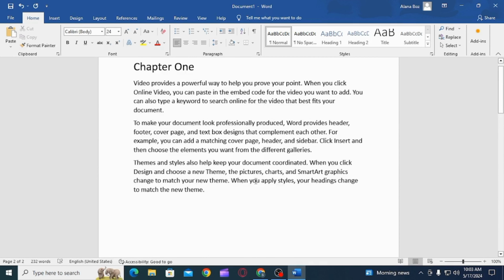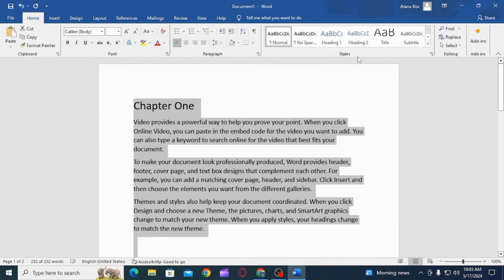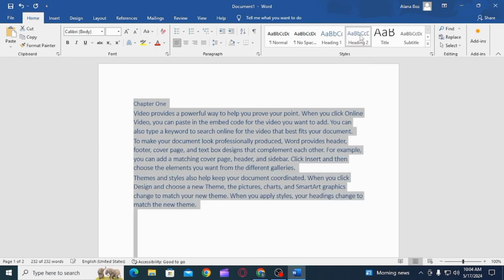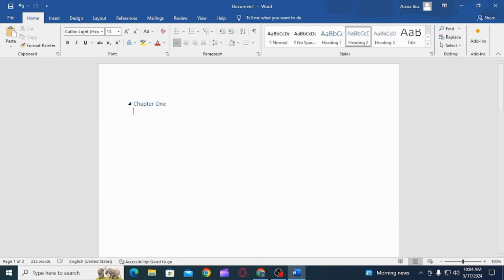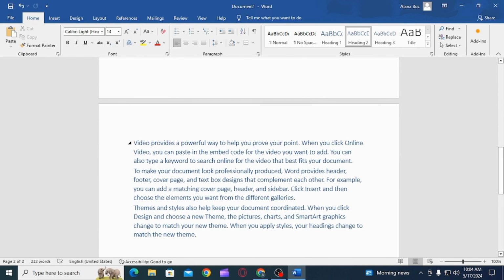Now you want to select all by pressing Ctrl+A and click on the Heading 2 option. Once you have made everything Heading 2, you want to make the topics Heading 1. So select the topics and click on Heading 1. Once you have made sure that all the topics are in Heading 1 and the rest is in Heading 2, now